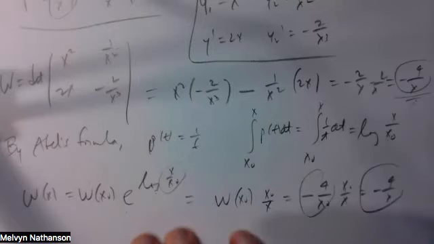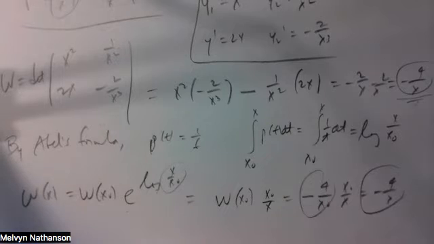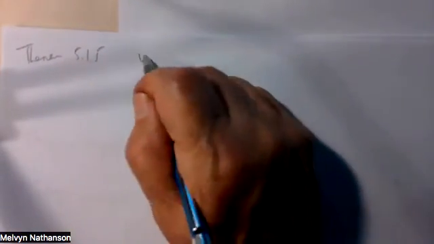So what is the Wronskian's connection to our original problem? The original problem is, how do you know if two solutions of a differential equation form a fundamental set of solutions? How do you know if a pair of solutions are linearly independent? So in the text, this is theorem 5.1.5, which says for our differential equation,